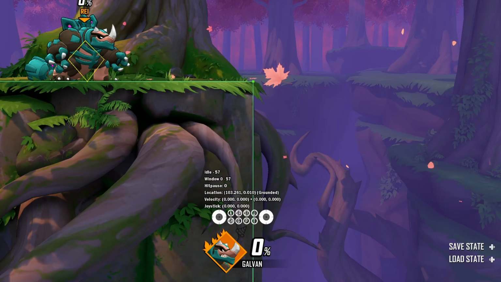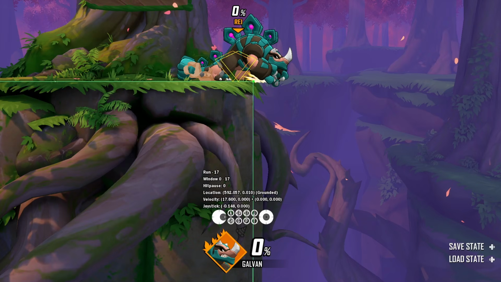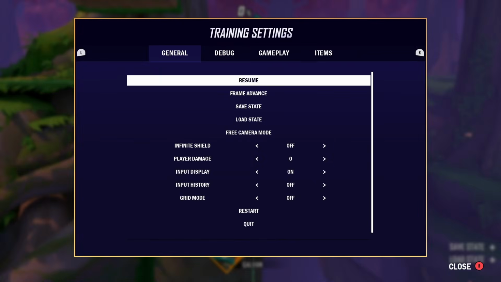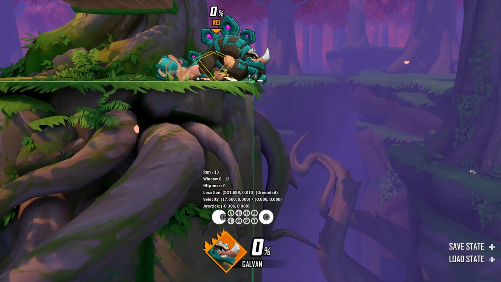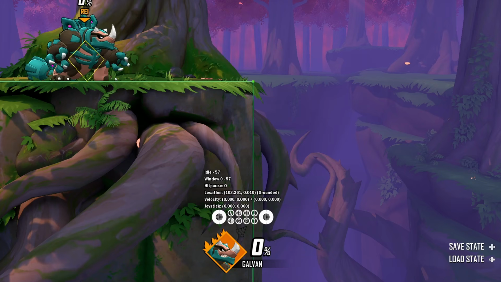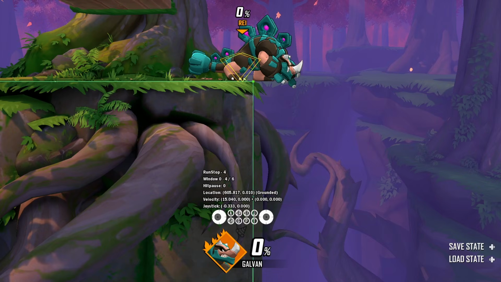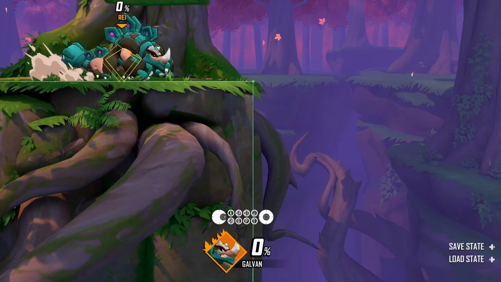Now, the other really interesting part about this is it lets you go off the ledge backwards out of run. Normally, the way that you could go out of run and fall off backwards is you have to start tilt turning. So if I start tilt turning backwards, I think about right here, that's how you can get a turnaround and slip off the ledge. But it's a very finicky input unless you have a walk mod or box controller. And you have to space it well for it to work, otherwise it doesn't turn you around. And if you do it a little bit too early,